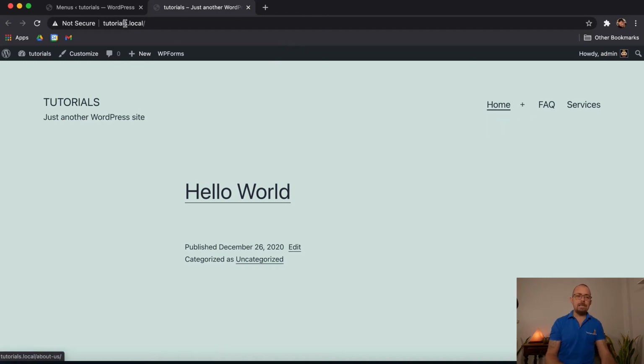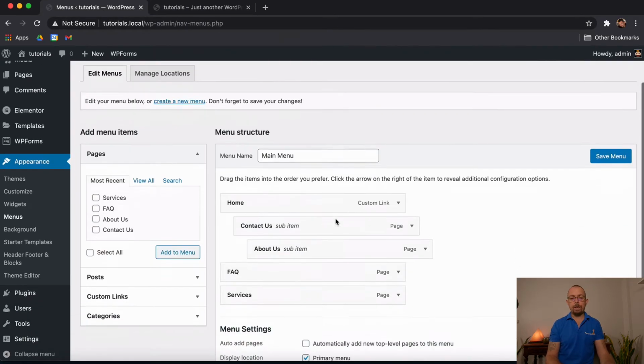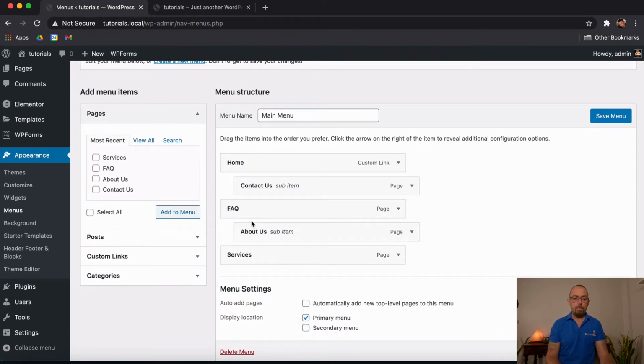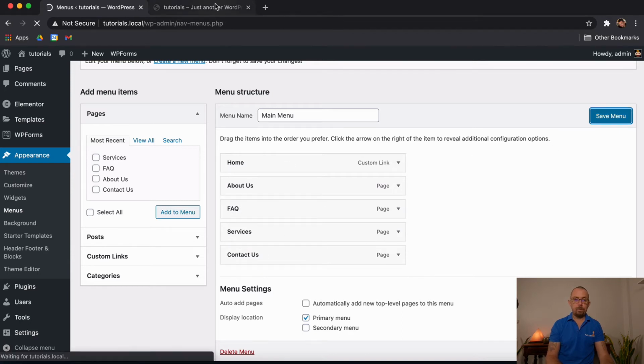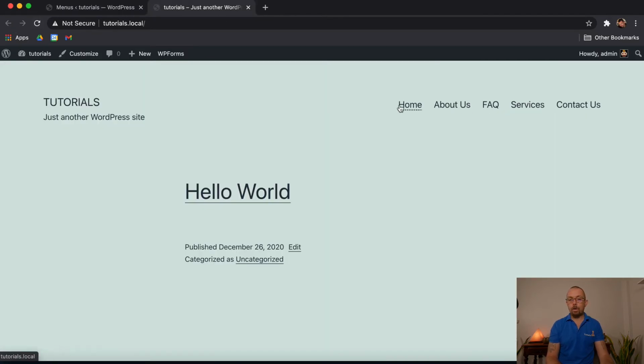So this is the easy drag and drop way that you can create your own main categories, subcategories, things like that. You can also drag and move them around. So let's say I want Home, I want About Us to be up the top here, I want Contact Us to be at the bottom. You can then save the menu, and when you refresh, the order that you have them in is the order that's displayed here.